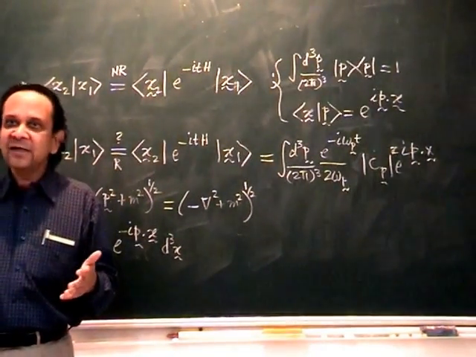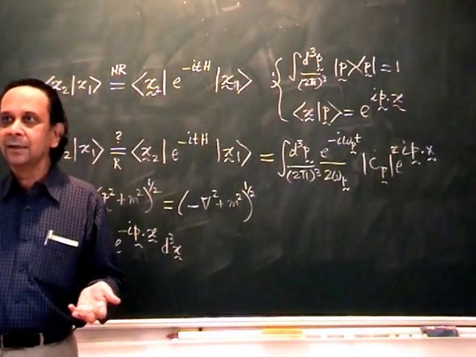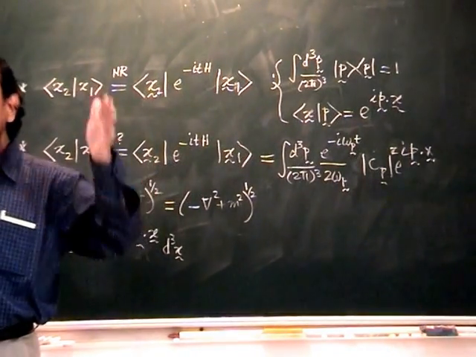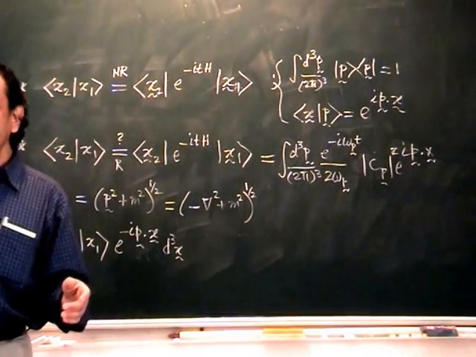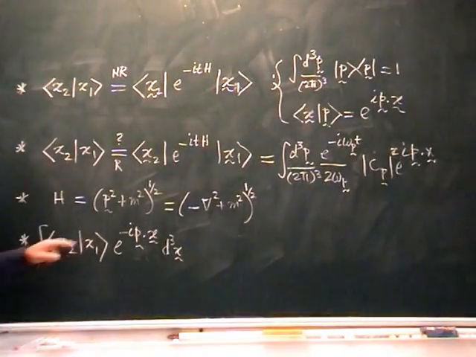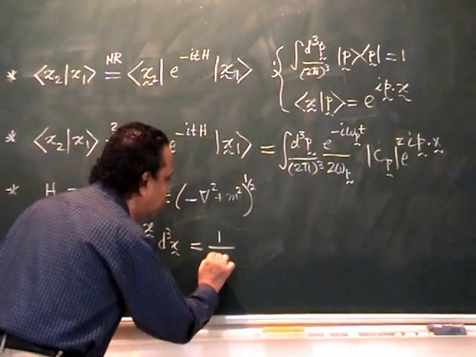But the moment you say all the negative energy states are filled, you are not talking about a single particle description anyway. You have an infinite particle description because you need an infinite number of electrons to fill all these negative energy states and then one electron on top. Okay. Fine. So this we calculated and we found that this is given by 1 upon 2 omega p